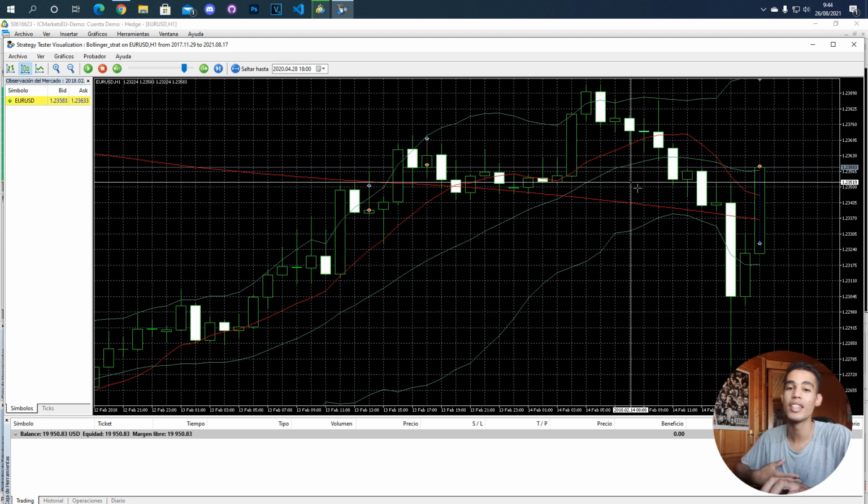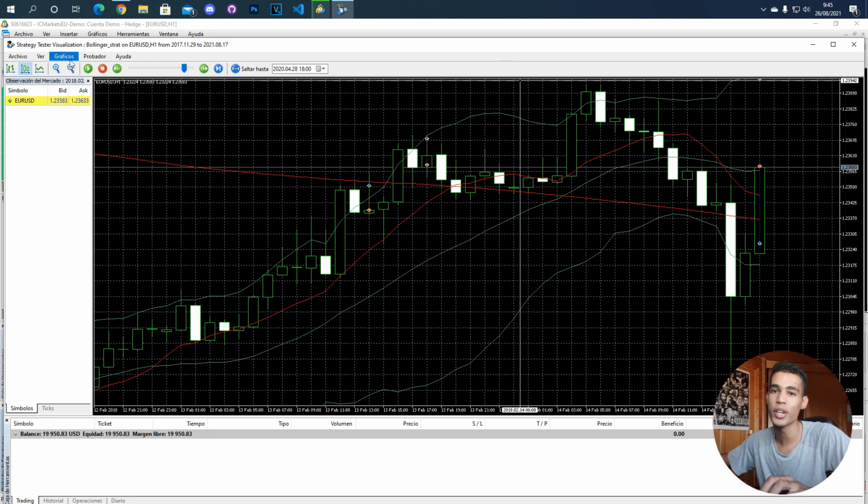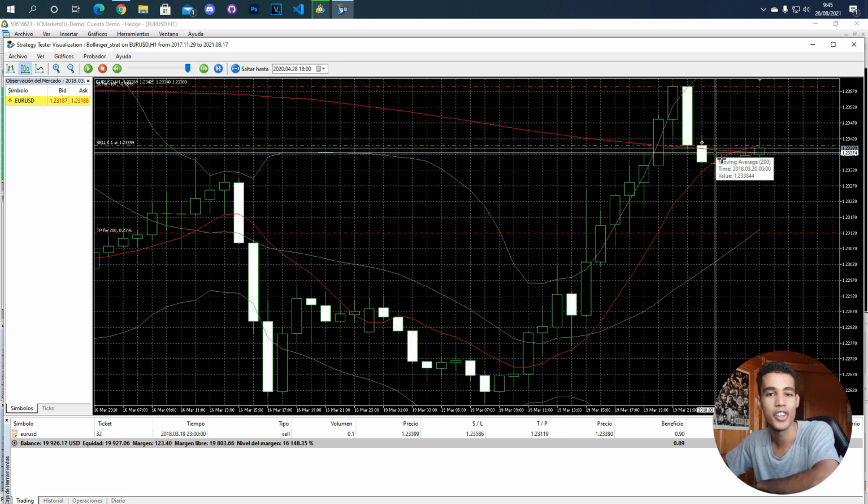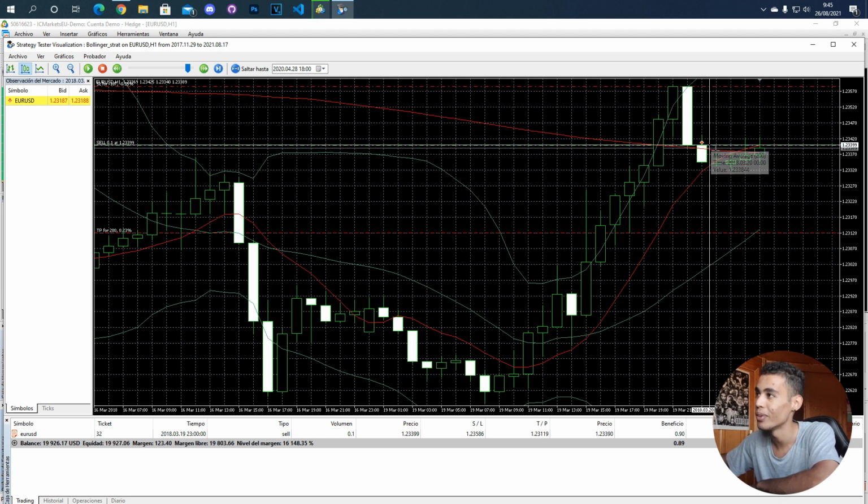take profit. So maybe this is a problem of how I programmed this strategy, because maybe the margin between the take profit and the current price after the trailing stop is triggered is too small, and things like this happen. So if we continue the simulation, here we have another example,